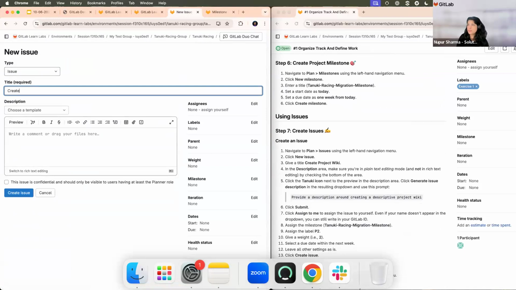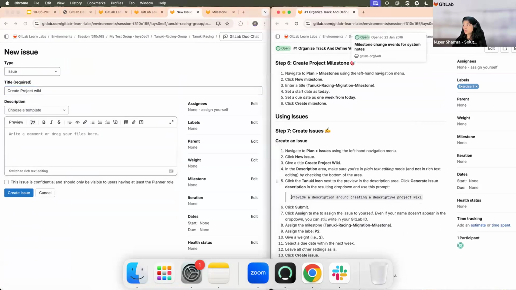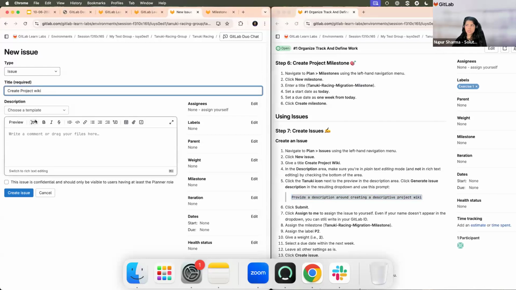You can say create project wiki, and then I want to use AI to create a description. For that particular part, I will just click on this Tanuki sign. Usually when you see this Tanuki sign, this is the Duo sign. I will click on generate issue,